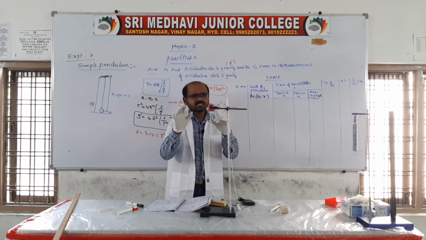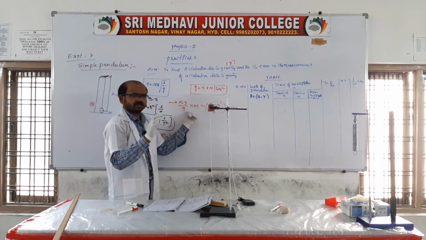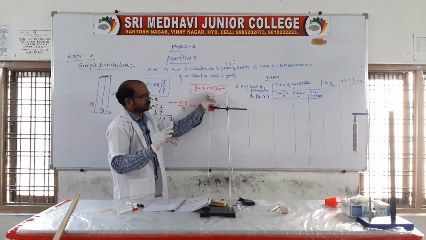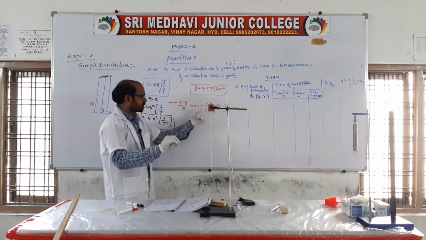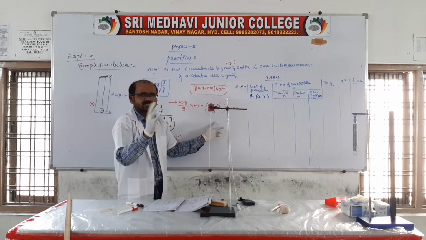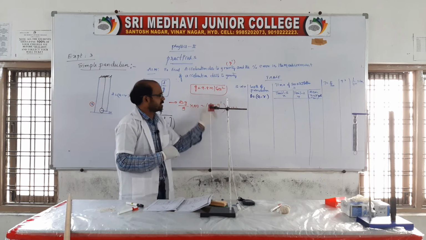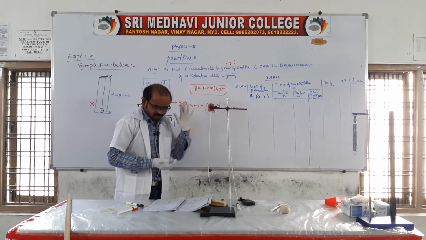After knowing the g dash, here you substitute the percentage error. How much error are we getting? Because the average value we know, and at this place the acceleration due to gravity we are finding, then we substitute here and we will get the percentage error. How much error is there? The difference between the true value and the measured value, that we can call the error. Is it okay now?